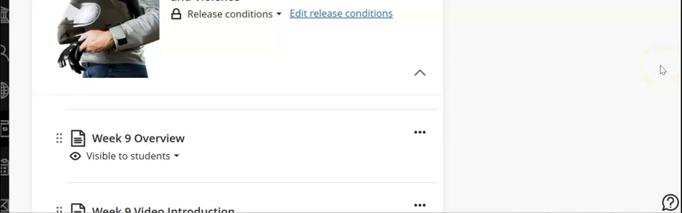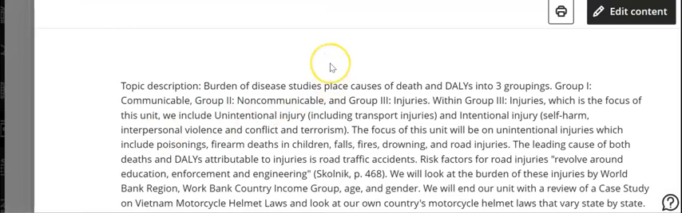Welcome to Learning Unit number 9, where we're going to focus on injuries. Let's take a look at the overview of this learning unit. So we know that the burden of disease studies place causes of death and DALYs, I hope you can all recall what DALYs stands for, into three groupings. So we've looked at group 1, which is communicable. We've looked at group 2, which is non-communicable diseases, and we're looking now in this learning unit at group 3,